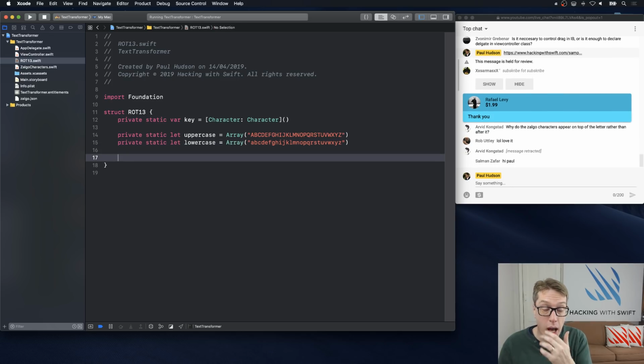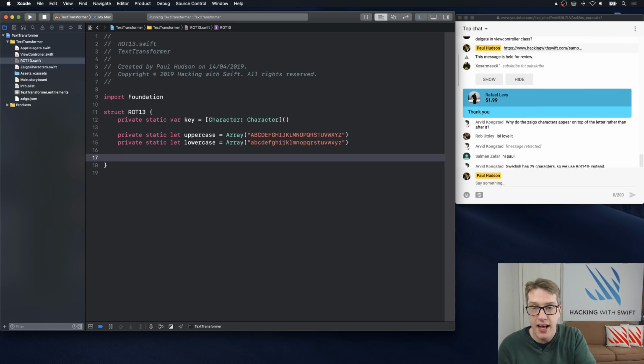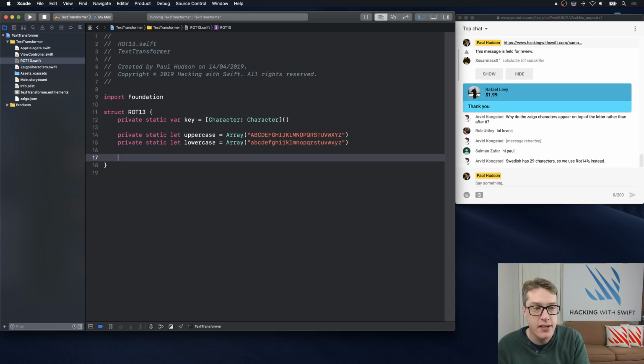Now, what I normally do now is make a trivial static method that will read a given string and transform it into rot13. So we can reuse it any way we want to elsewhere. So we'll say static func string, pass in a string, which is a string,